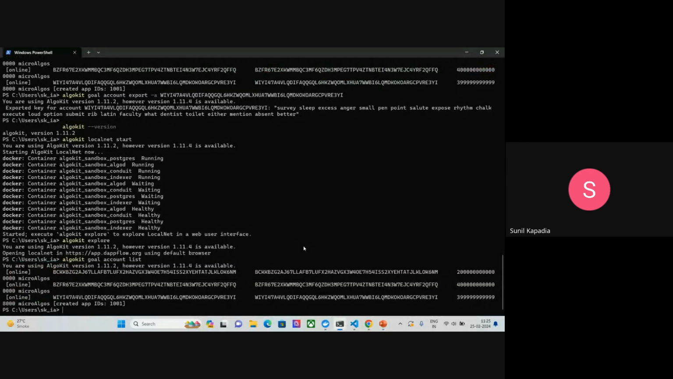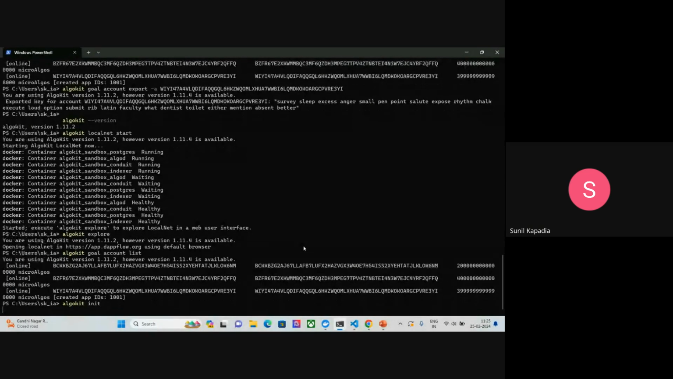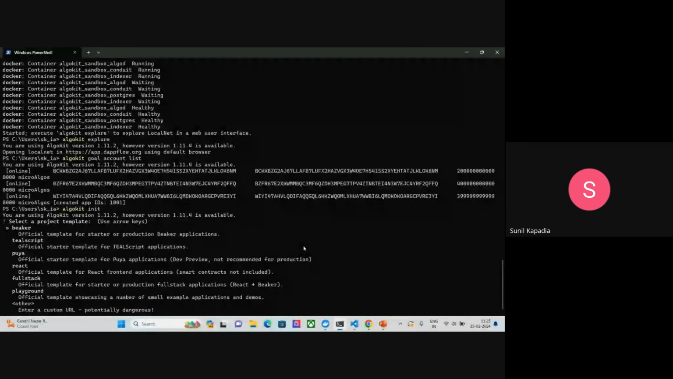Okay, AlgoKit has helped us a lot, but can AlgoKit create sample templates for us? The answer is yes. For that, the command is AlgoKit init. Once you press AlgoKit init, you are offered plenty of options over here, like Beaker, TealScript, Puya, React, Full Stack, Playground, right? So Beaker basically,